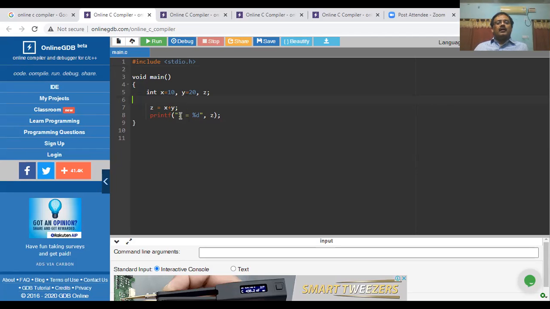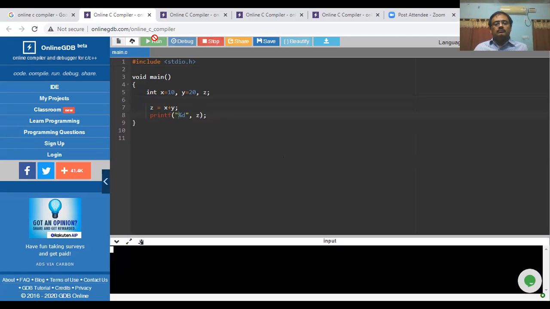Suppose I am not writing z = here, I am just printing. Let us see what is going to happen. I am running the program. 30. 10 plus 20 is 30, right?